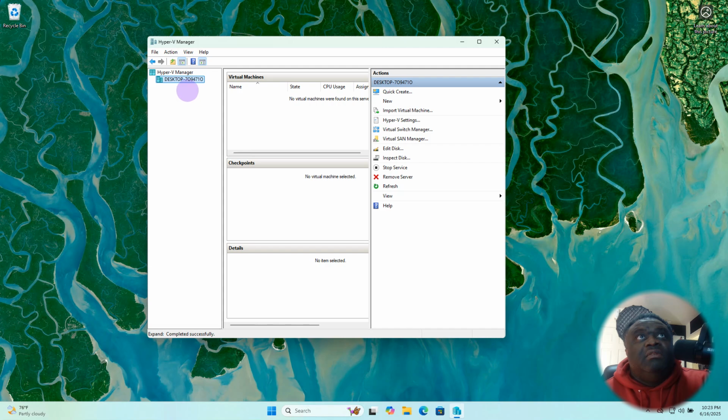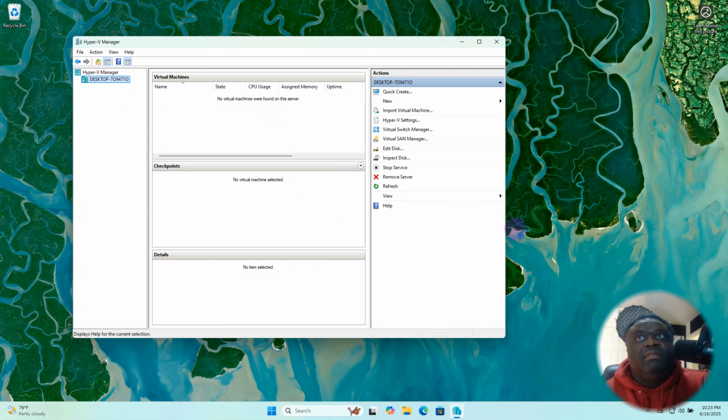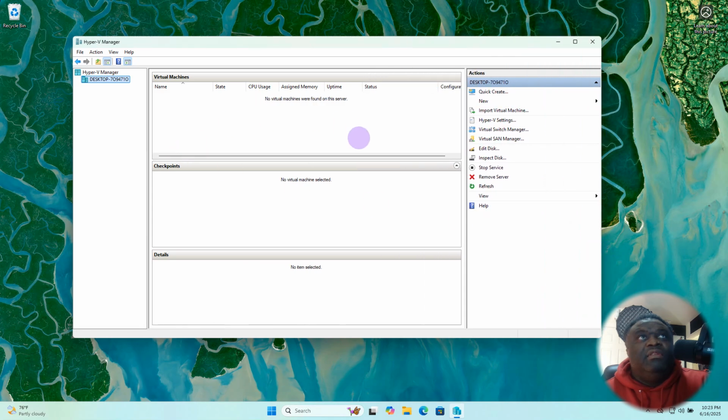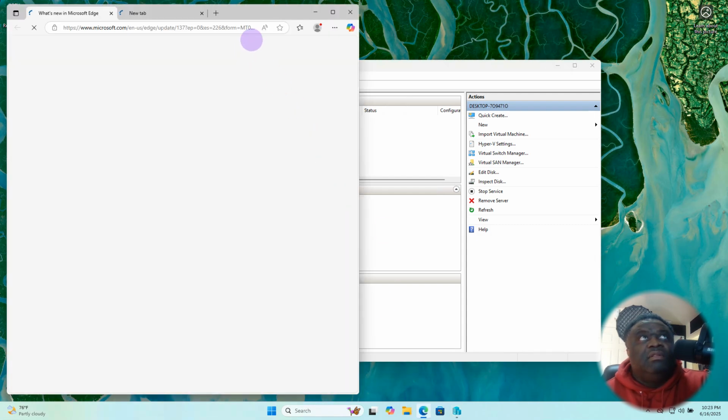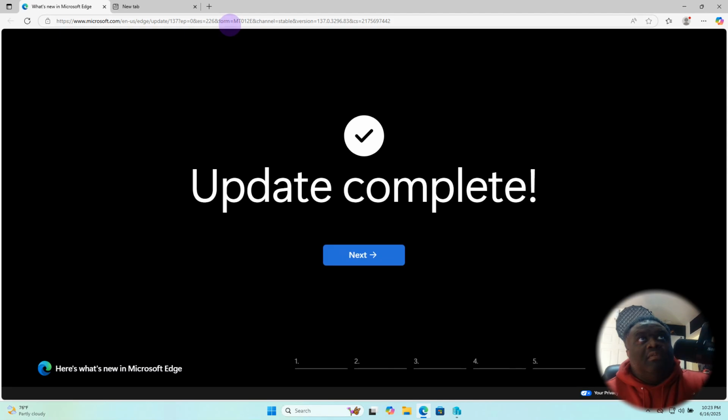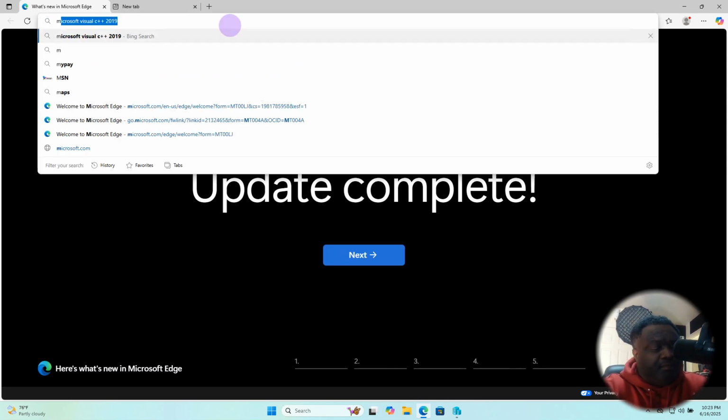Okay, so to give you a quick head start how it works, once you are here, all we need to do is go ahead and click new. Now, since this is a Microsoft product, you don't need anything additional here for Hyper-V. You just need to have the ISOs that I showed you in the first video to download them. But in case you forgot, let's go back to start, and we're just going to go to